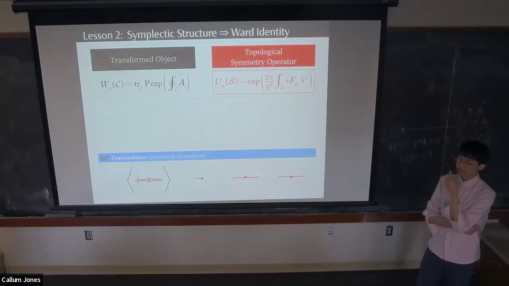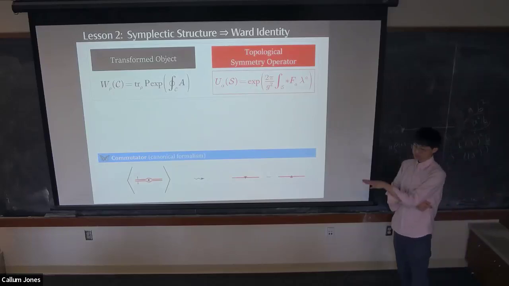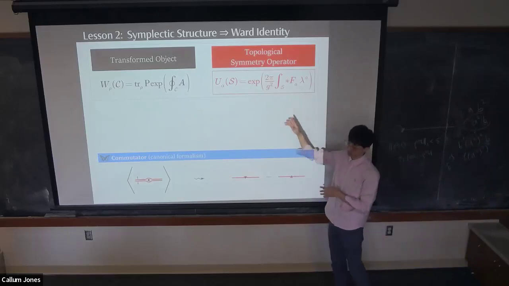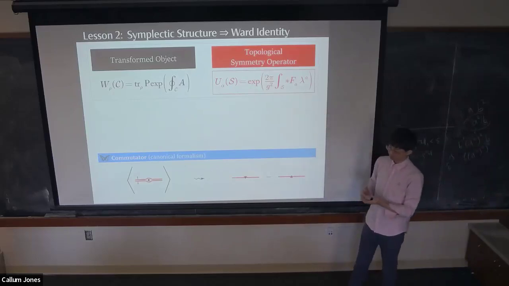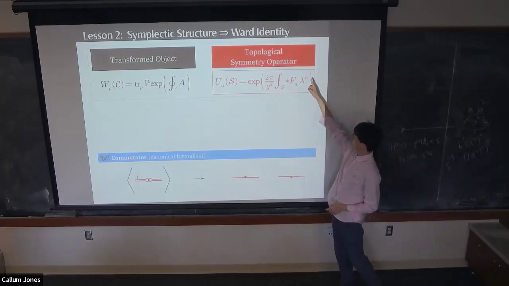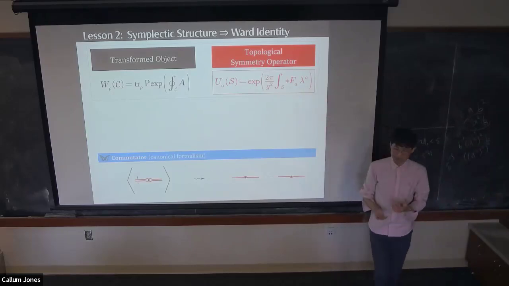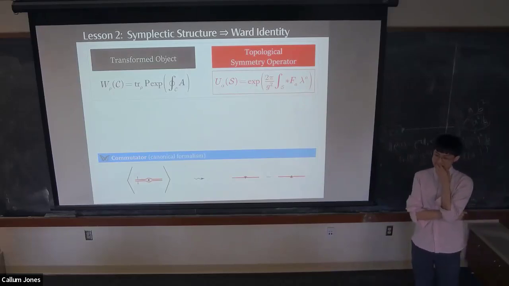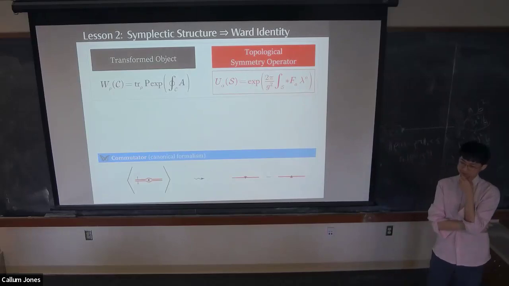Right. I also have some backup slides, but it turns out that to make this operator follow the group composition law, the representative lambda has to be picked in a very smart way. So that's putting the cart before the horse. If it's not gauge invariant, I'm not so interested in its group composition.